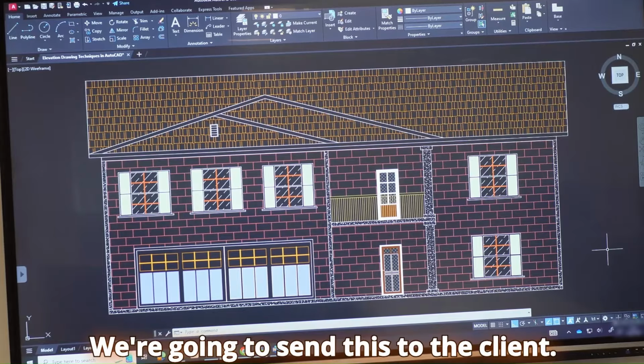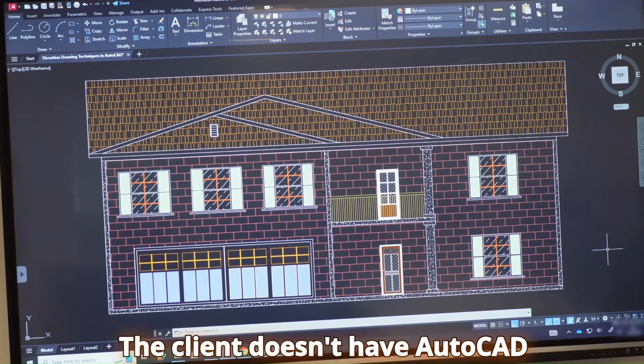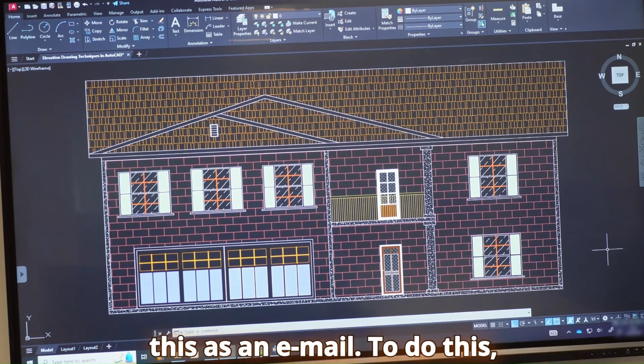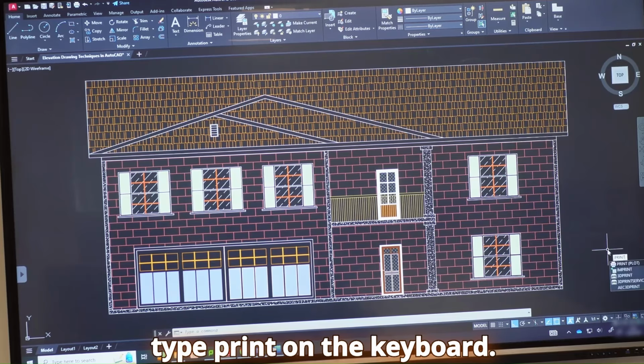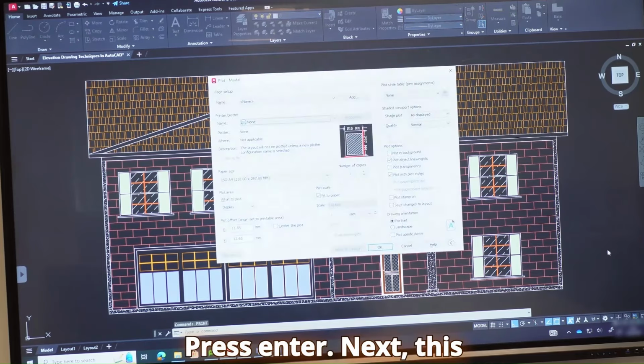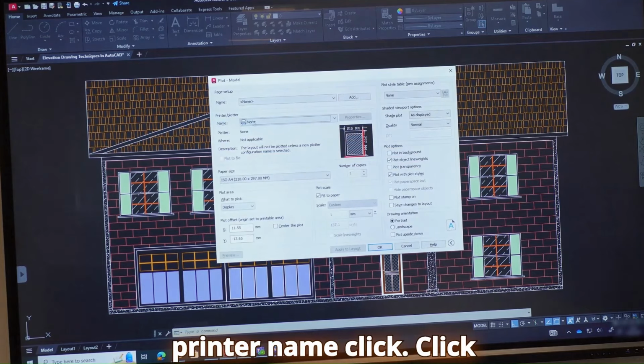We're going to send this to the client. The client doesn't have AutoCAD in their computer, but we want to send this as an email. To do this, type print on the keyboard. Press Enter. Next, this printer name, click